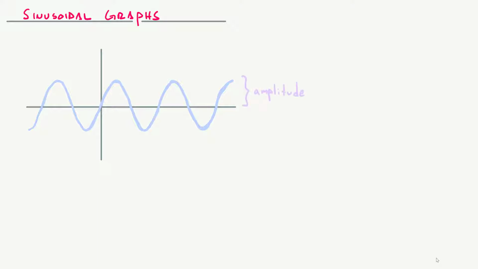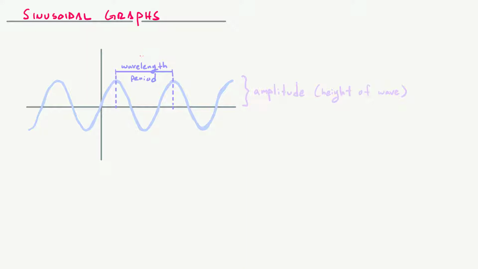Some key characteristics regarding sinusoidal functions: they all have an amplitude, which is the height of your wave above the line of equilibrium, which is the line that the sine function or cosine function oscillates around. In this case, it's the x-axis, but it's just the height of the wave. And then there's a wavelength or a period. Oftentimes we refer to it as lambda. That's the variable that we give wavelength. But that's it, right? Those are the only two key characteristics of sine functions or cosine functions or sinusoidal graphs